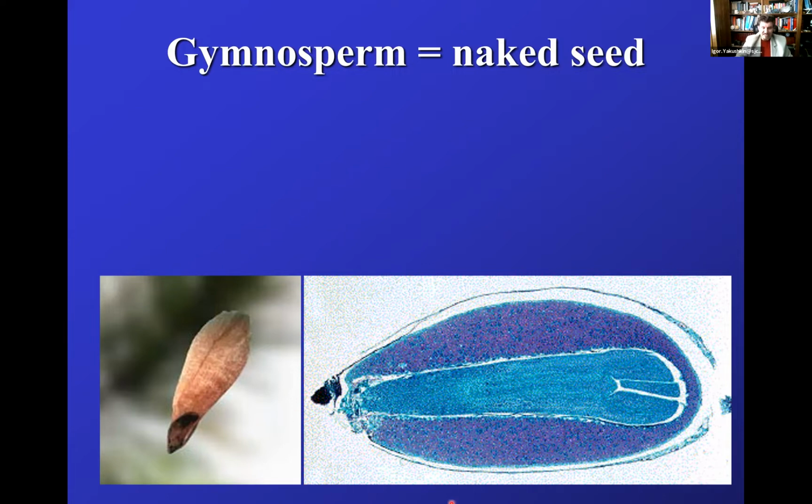It's naked because when you break the pine cone and take it out, it does not have the fruit. No fruits means naked, but it has a seed, and any kind of seed will have 3 major parts. The embryo right here, that light bluish, tealish color. Then the purplish blue is the food source, and the outer part is the protective cover. It's protecting the embryo from drying out. Make sure you understand that.